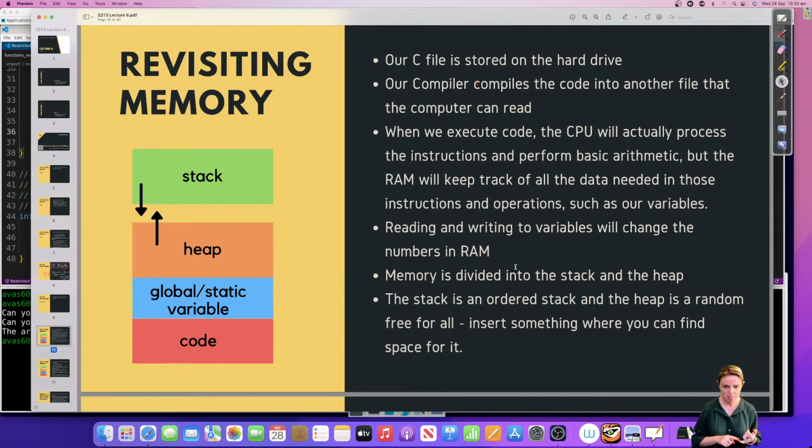So the way memory works, okay, our C file is stored on the hard drive. The compiler compiles the code into another file that the computer can read. So remember, the code that we're writing in VS Code, that's for humans. It's so that we can read it and understand it, and so that we can write it, because it's not very easy to write in ones and zeros. The compiler translates our C code into something that the computer can read. And we don't need to care about what that executable file has inside it, because it's not for us, it's